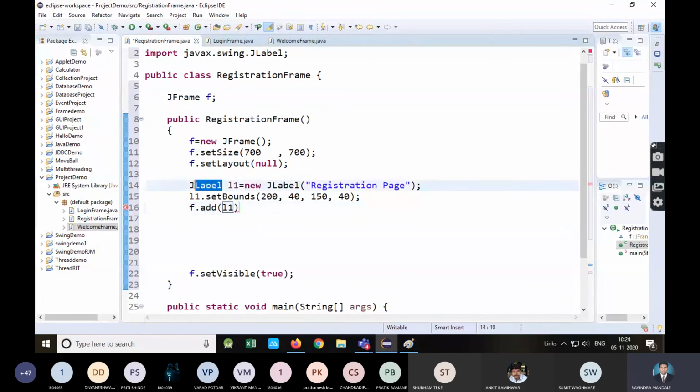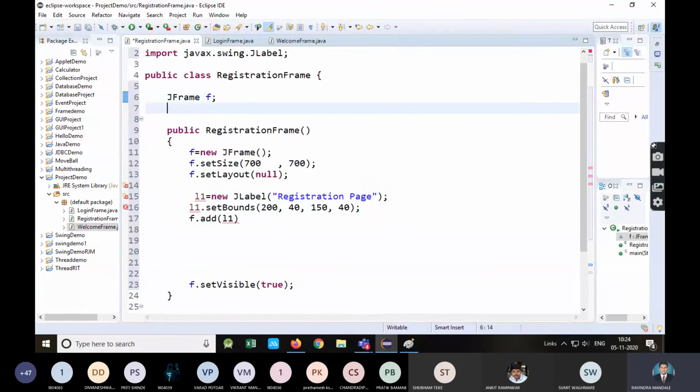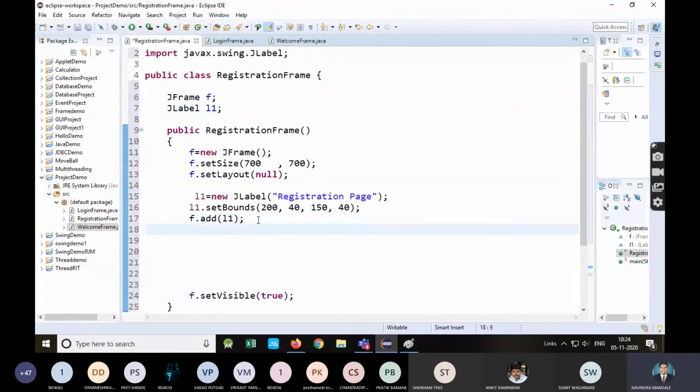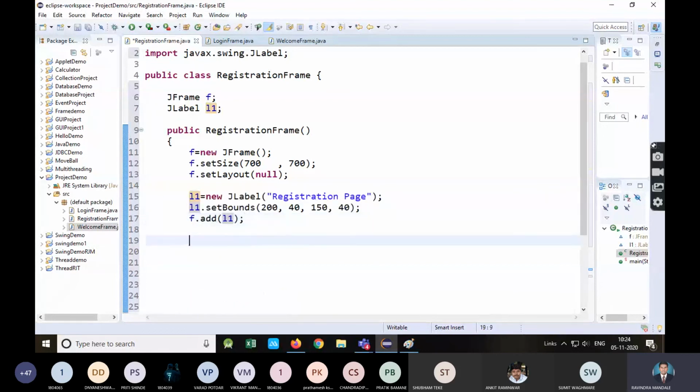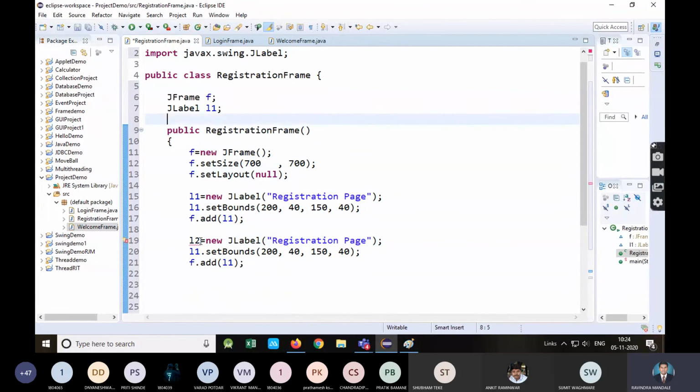Now see what I'm doing. I'm declaring all these references at the class level, because I'm going to use them later outside this constructor also. Now I will add the second label the same way, L2. So let's declare L2.